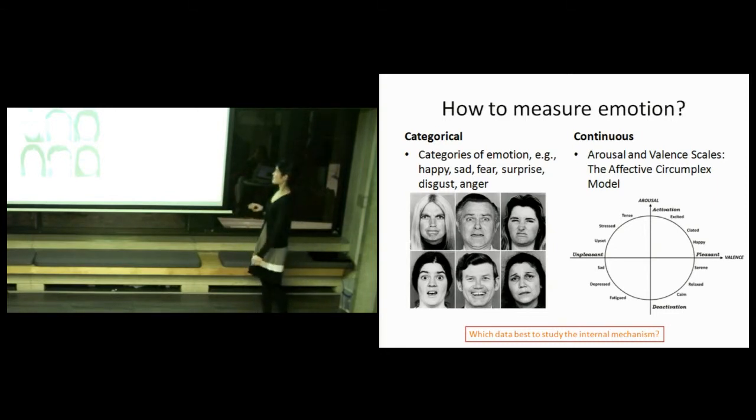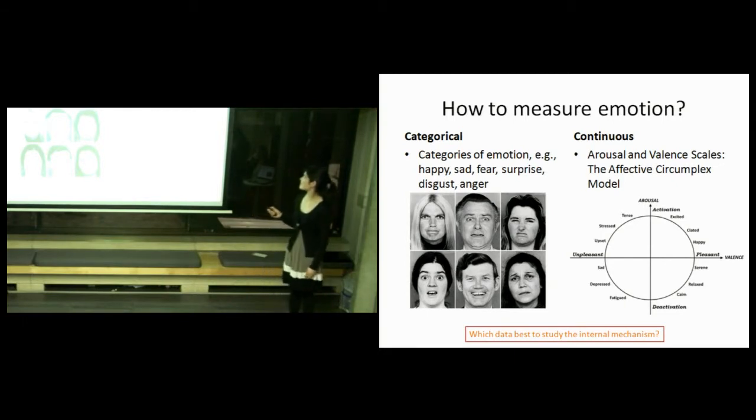But my research is going to look at continuous data through the arousal and valence scales. And what this does is have the participants evaluate two different scales. So one scale is the level of unpleasantness of an emotion and then the pleasantness. And then the other scale is the arousal, and that is the level of intensity or excitement that emotion portrays. And then what you do is you can combine them,